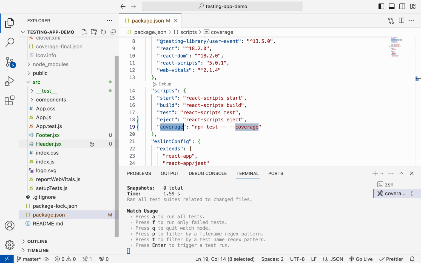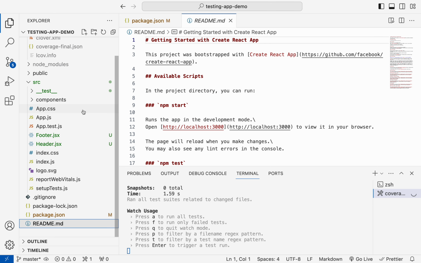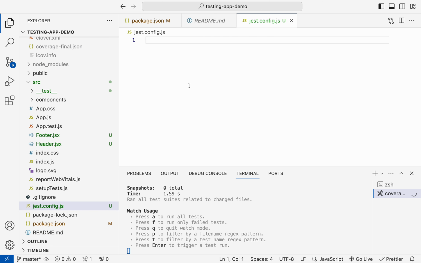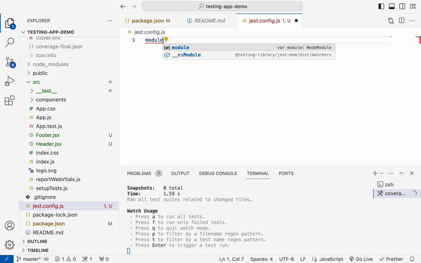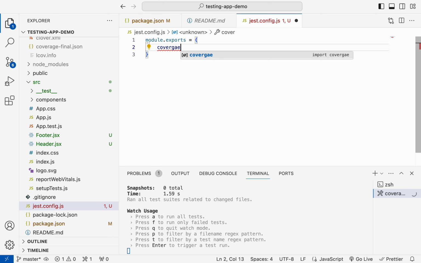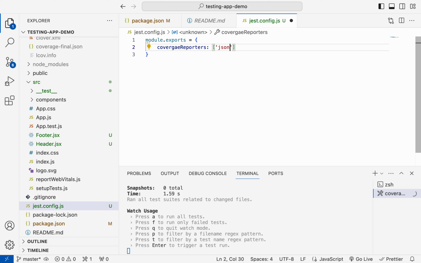If you wanted to change anything, all you need to do is come here and create a file with just .config.js, and here you are going to create the settings. So for example, I will just give you an example: module.exports, and here what we are going to say is that I want my coverage reporters to be in JSON, HTML, as well as